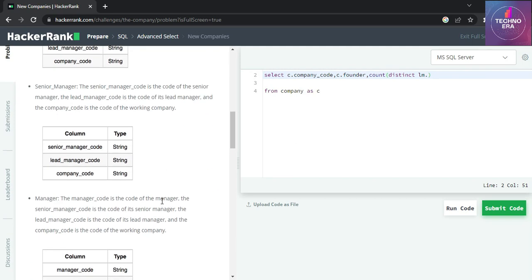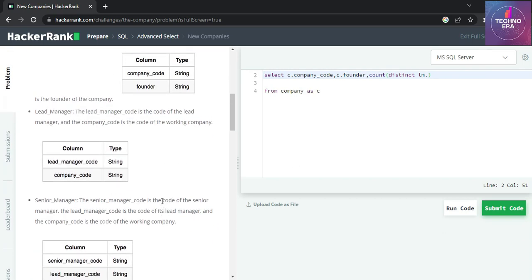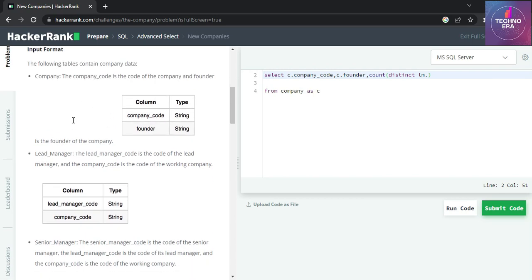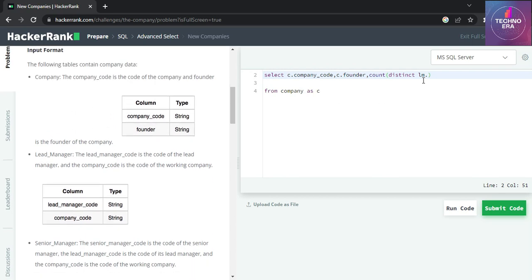Let's see the lead manager table. Okay, so we have to count the lead manager code. Next we have to count, so let's join this, otherwise we will forget. Join lead manager table